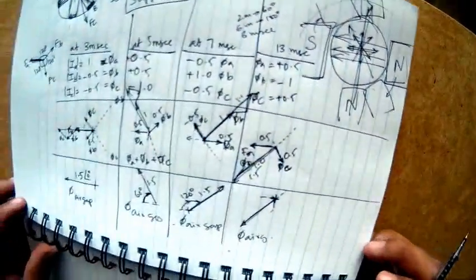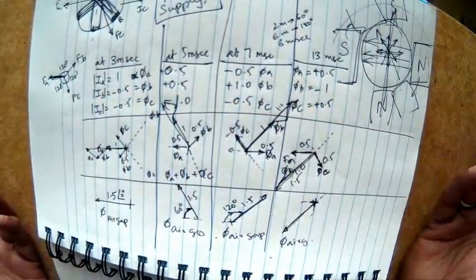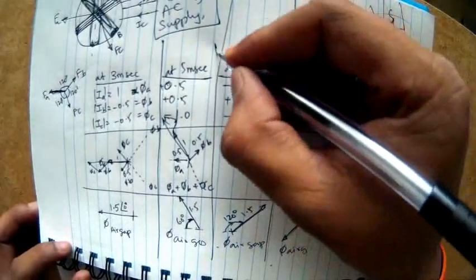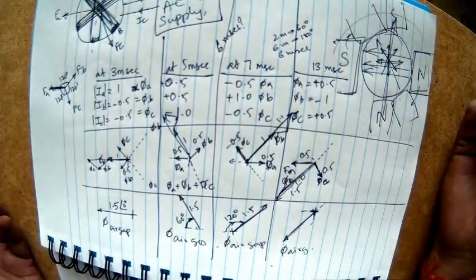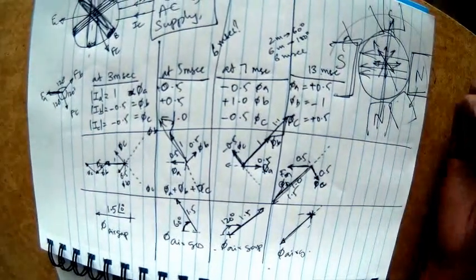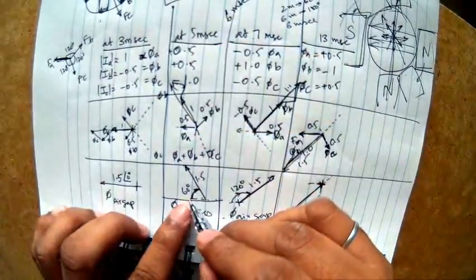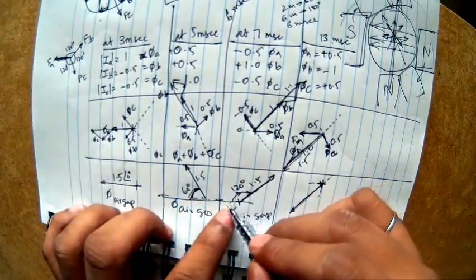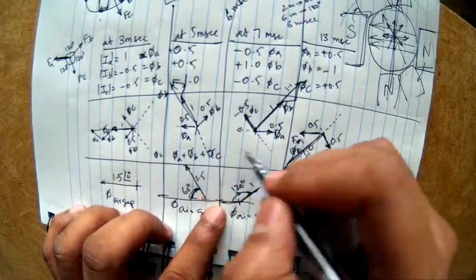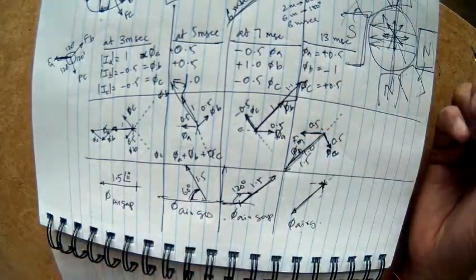Now you might get a doubt why I am taking every 2 milliseconds. What about the in between case? What if the time is 6 milliseconds? The direction for 5 milliseconds was 60 from this axis. Then the direction is 120 from again the same axis. So in between, at 6 milliseconds, I should expect a 90 degree case.